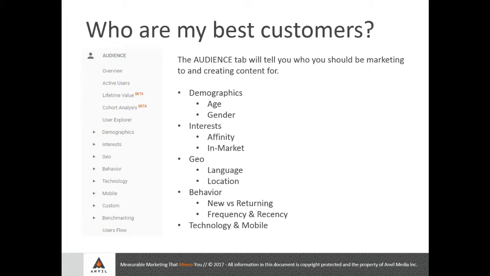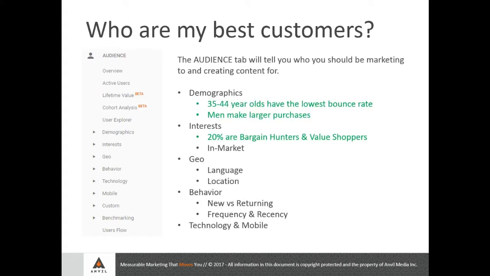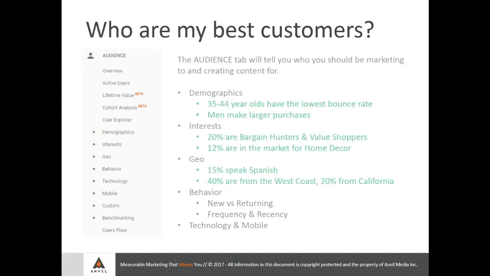The audience tab is going to tell you who's coming to your site, who is engaging with it the most, and essentially who you should be marketing to and creating content for. When you start to look into these reports, you might learn stuff like, let's say that 35 to 44-year-olds have the lowest bounce rate. You might find that men make larger purchases than women on your site. You might find that 20% of your visitors are bargain hunters and value shoppers, or that 12% are in the